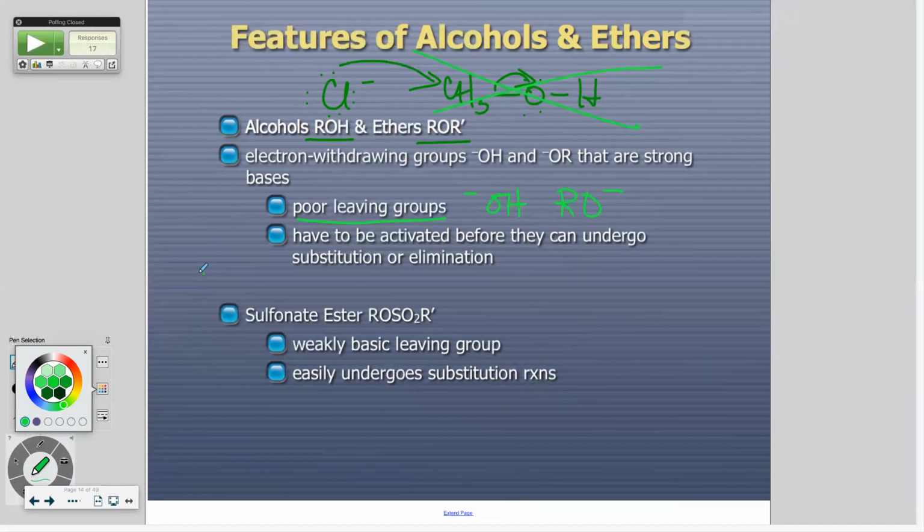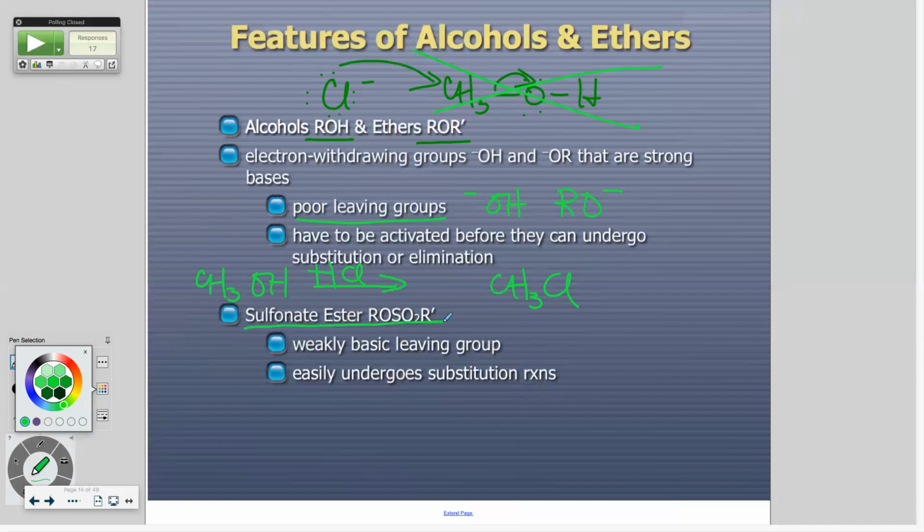Okay, so what could you add to methanol so that it would do this reaction? You could add HCl. Okay, why does that work and just adding NaCl not work? Well, what does the H plus do? It reacts with the O to make water, and you now have water as your leaving group. Water is a weak base. Agree? Okay.